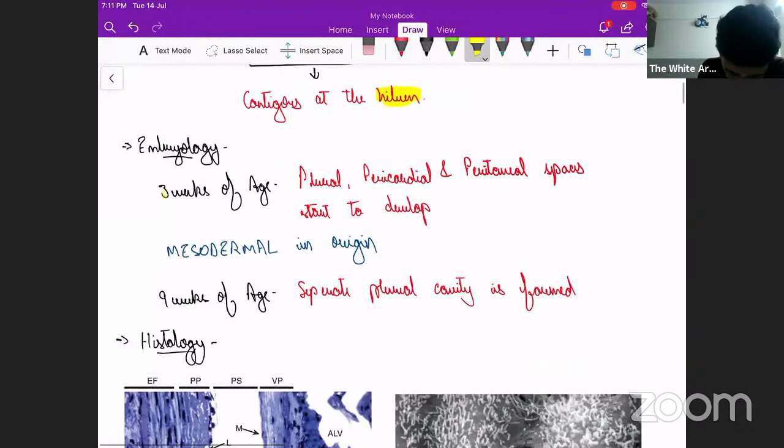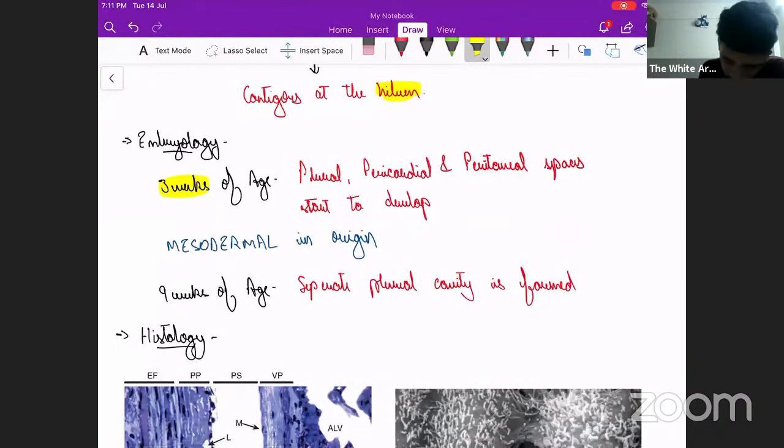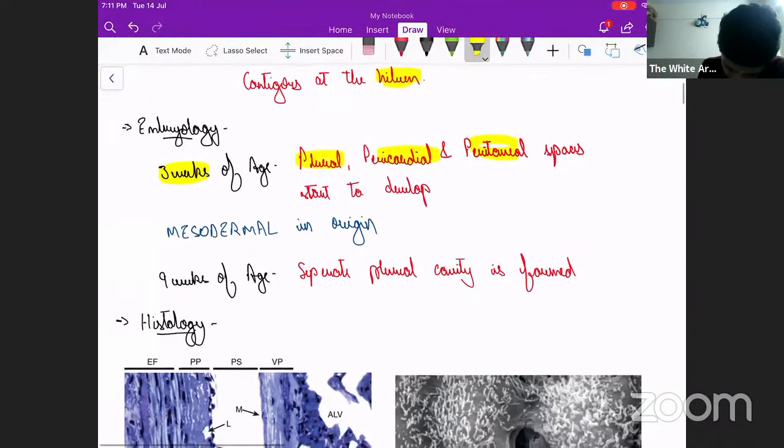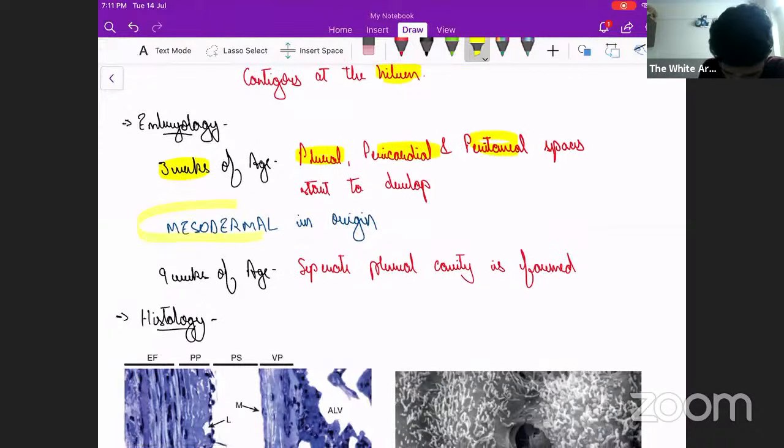So it starts to develop at 3 weeks of age. It develops along with other spaces like pleural, pericardial, peritoneal spaces. It starts to develop, as we all know, very important point, it is mesodermal in origin, and by 9 weeks of age it develops. Why 9 weeks? Because the lungs start to develop, the buds which come out